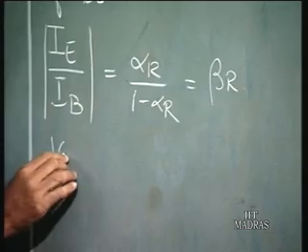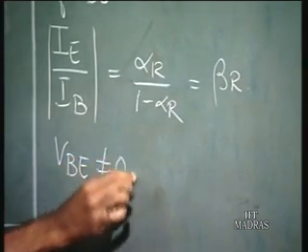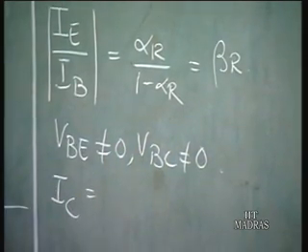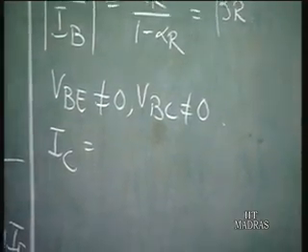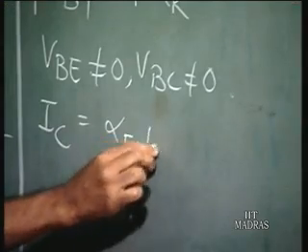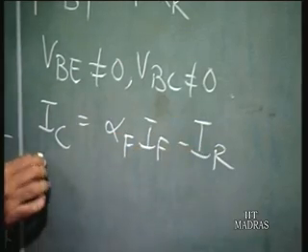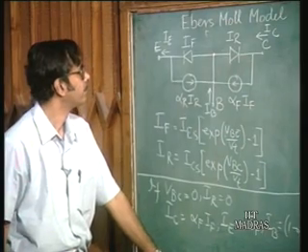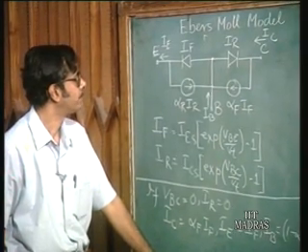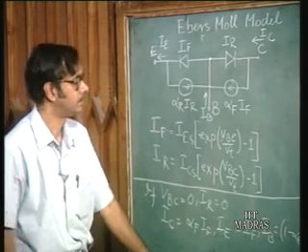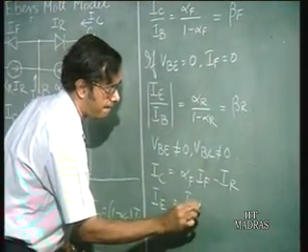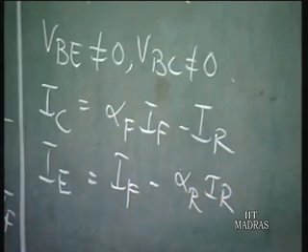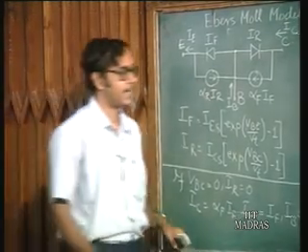normal mode, that is VBE is not equal to 0, VBC is not equal to 0, IC is equal to what is IC equal to? Alpha f IF minus IR. What is IE equal to? Okay, this is IF minus alpha r IR, and